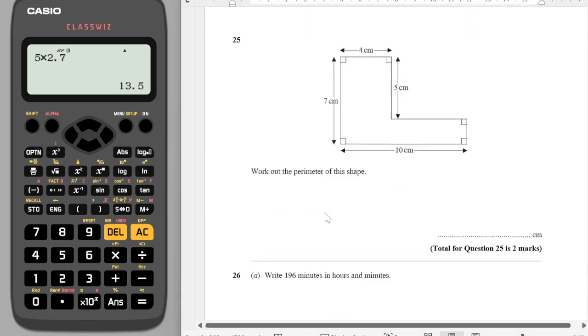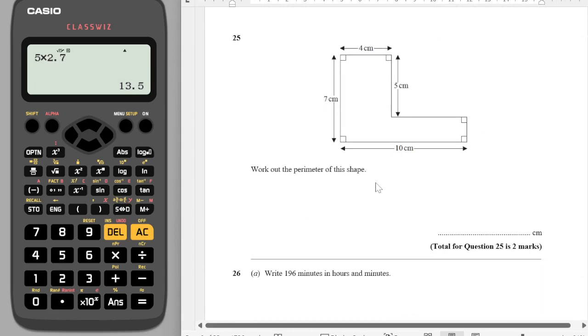Right, question 25. Work out the perimeter of this shape. So we've got 2 lengths that are missing currently. This length here is missing, but it's going to be 10, take away 4, so that's going to be 6. And then this length here is going to be 2. So in effect, it doesn't overly matter because we don't expect many people to spot it, but it's going to